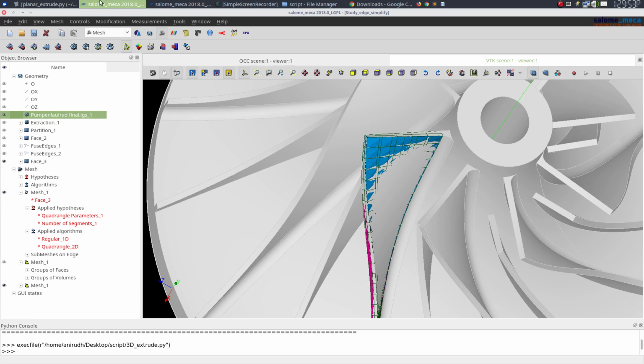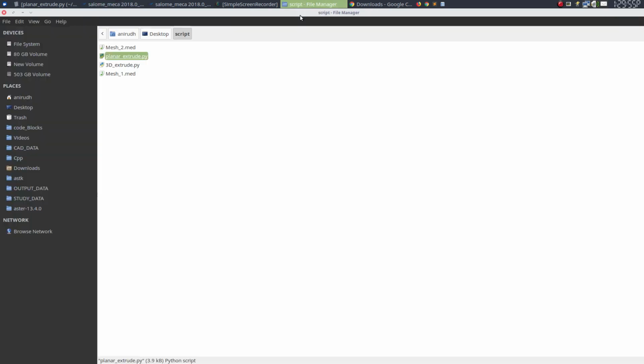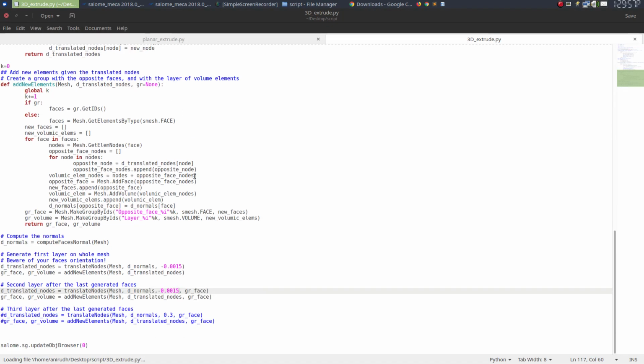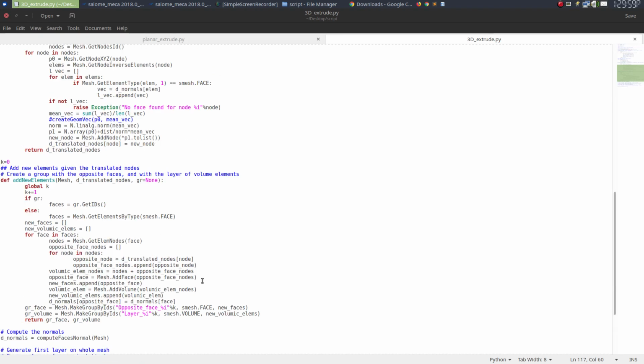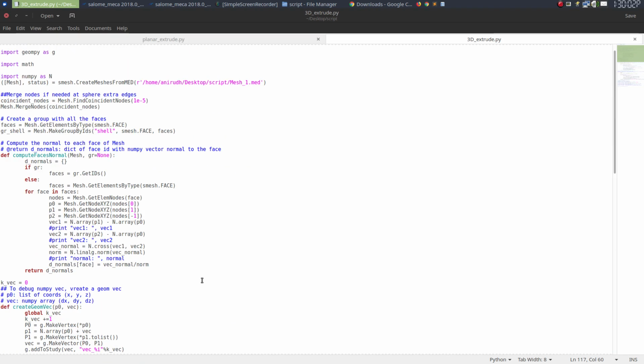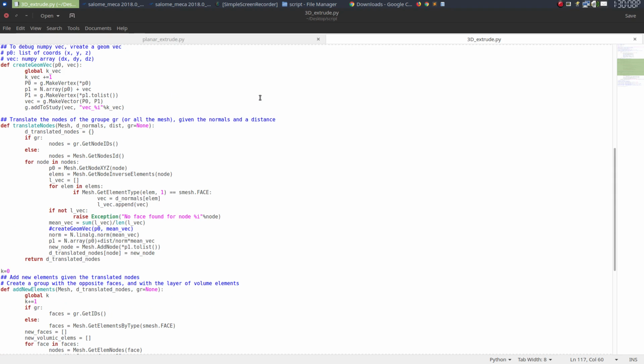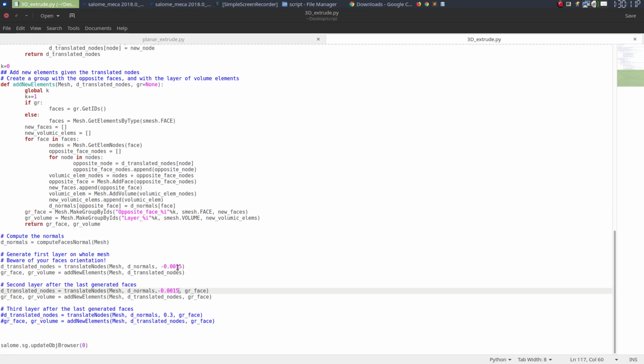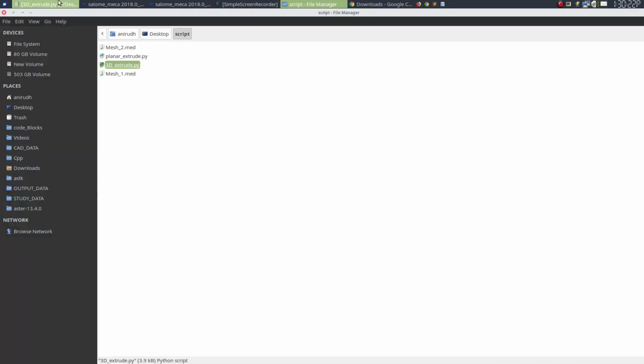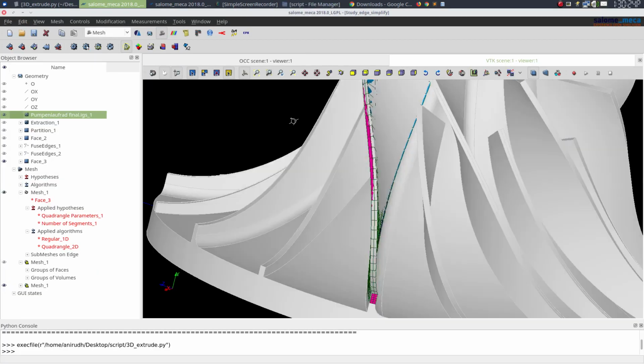So let me show you the script for this file. This is my script, and it's exactly the same as the previous one. The only thing I've changed is the path location for the med file, as well as some changes in the value of the thickness here. So it's like 1.5 mm. I needed two layers of 1.5 mm here. So that's how I got my